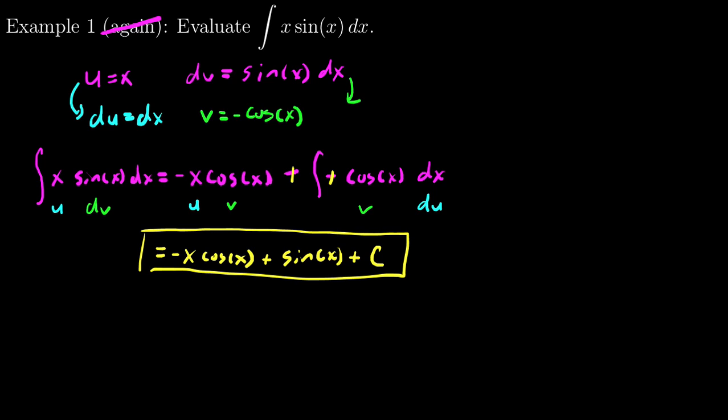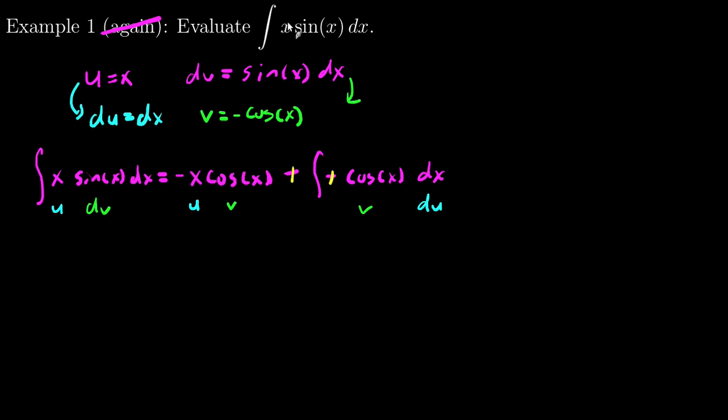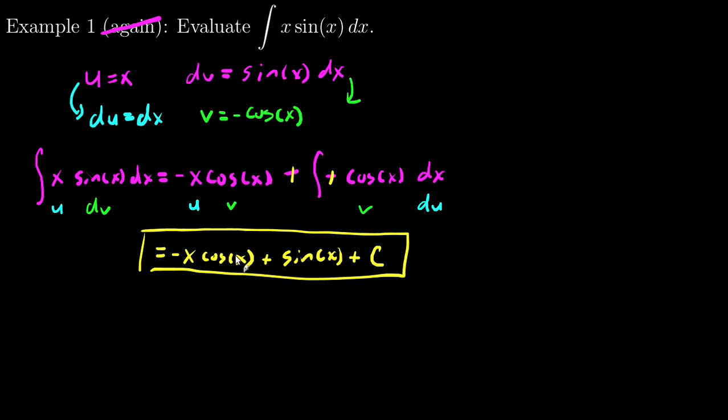Now, sometimes, like in this case, I just had an x, I was able to get through it in one step. But what would happen if this didn't go away right away and I had to do it multiple times? That can be a big pain. So there's a nice table method. And the way the table method works is you basically choose u and dv, and then